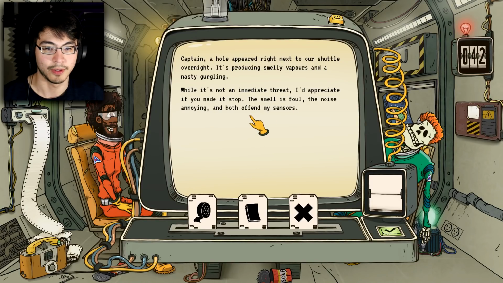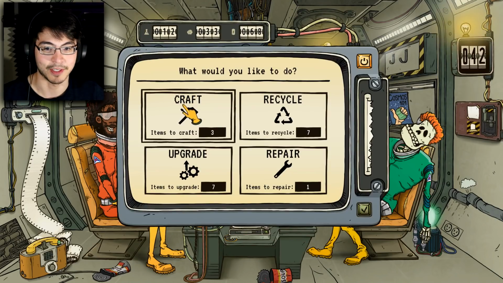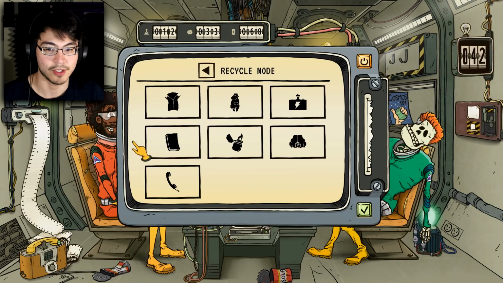There's a hole. It produced smelly vapors and a nasty gurgling. The smell is foul, the noise annoying, and both offend my sensors. Well, good thing we just happened to craft some duct tape. Oh yeah. Oh yeah. It takes 3 days to get a